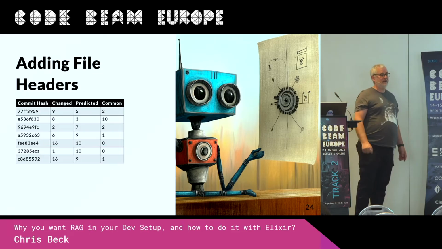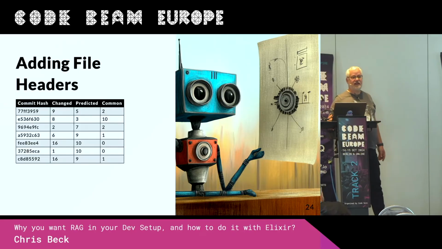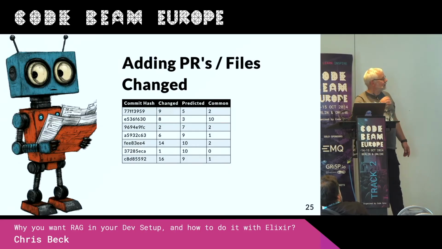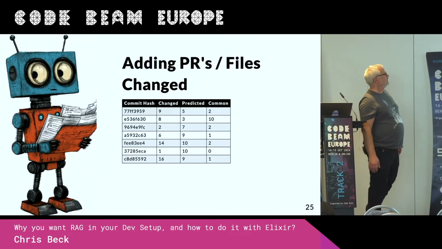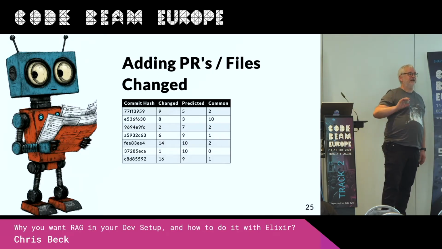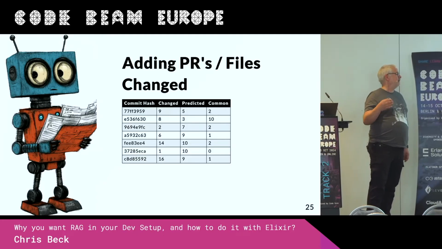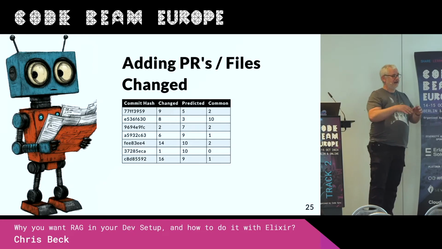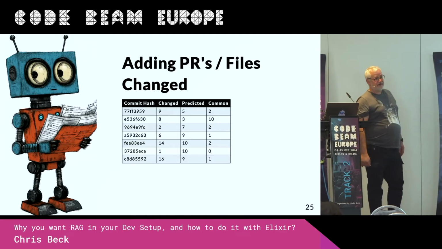And we also get the capability that the system answers questions like, which files would I need to change, or what would I need to do? And the last hack is adding PRs and files changed. If you take the information about the previous commits and add them as documents, then the embedding model in the vector store has the possibility to get connections between the files. So with that, you arrive at a better performance.